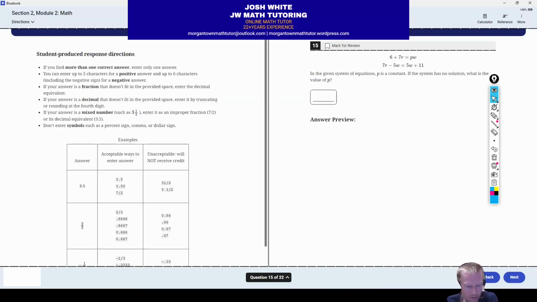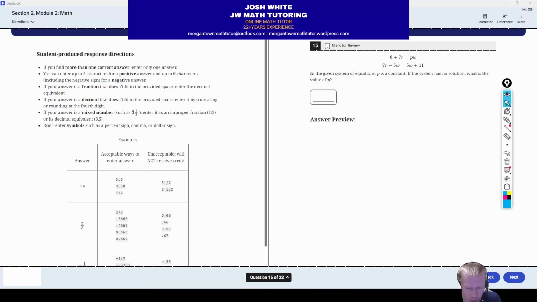All right, next up, here we have number 15. We have another system of linear equations. And the problem is they want this to be no solution, which means we want the same slope, different y-intercepts. So normally you would go to Desmos and use a slider to find the value of p, but because it's a student-produced response, sometimes on these questions they make the answers fractions and